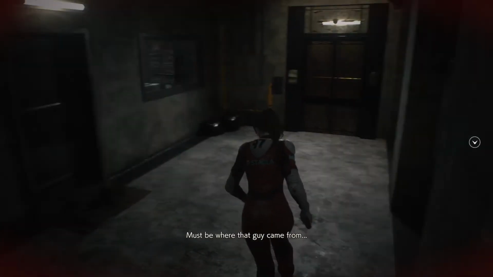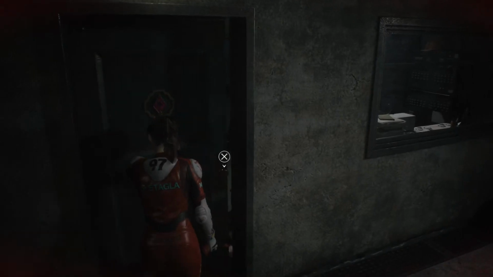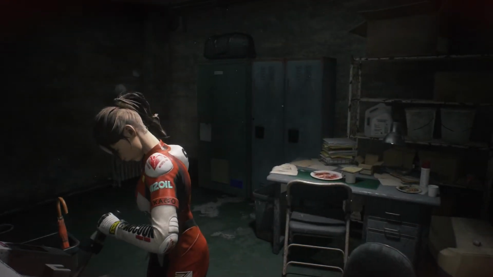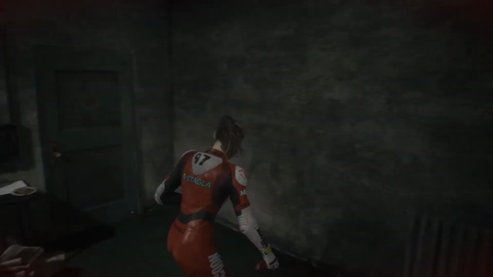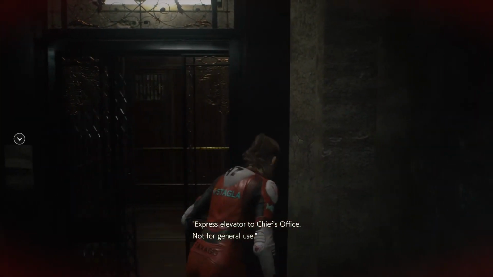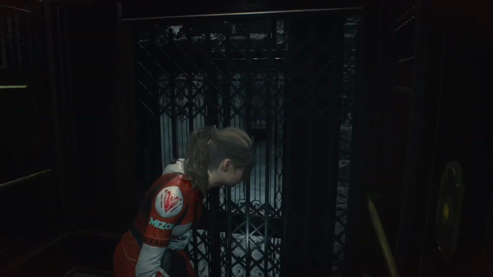Thinking about picking up the upgrade for the grenade launcher, but honestly, it's an extra spot eternally, and it just shrinks the aim. I mean, I don't know, dude. Probably not gonna use it. Can I open the door, please? My dog is